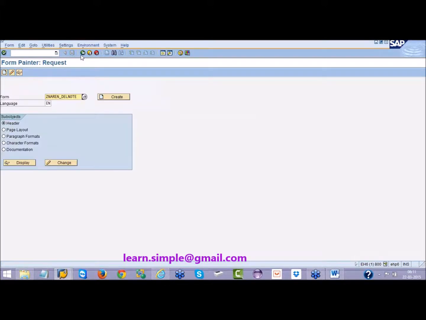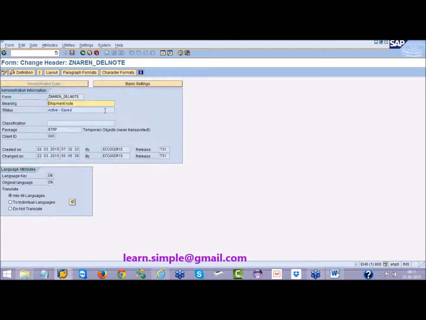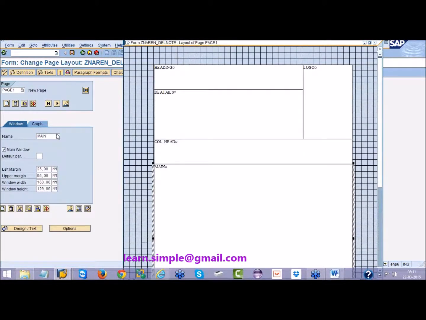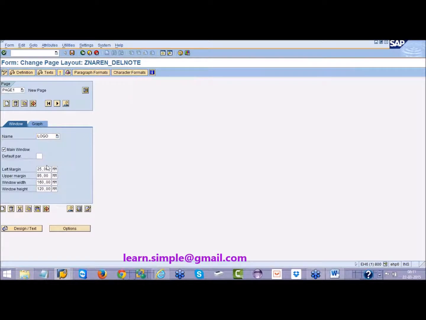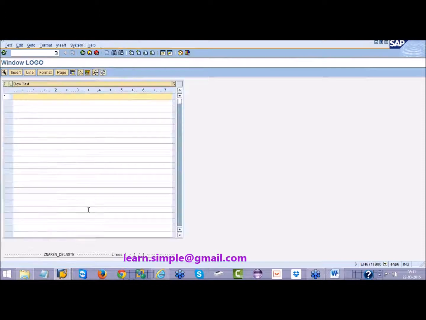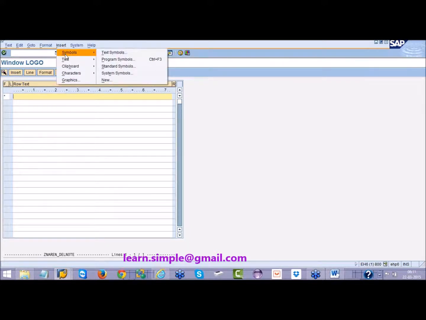SE71 transaction. This script we have created, right? In this script, I'm going in change mode, going into the layout. I'll go to the logo window. I'll choose here the logo window. Go into the text button here and then here I want to put the logo. How to put the logo? In the menu there is an option insert graphics. So go to insert graphics,